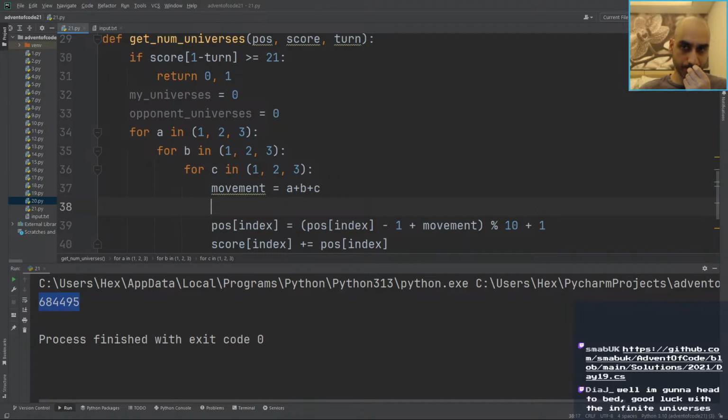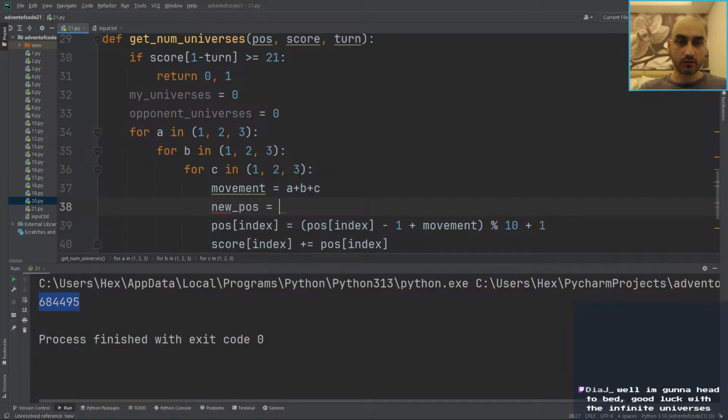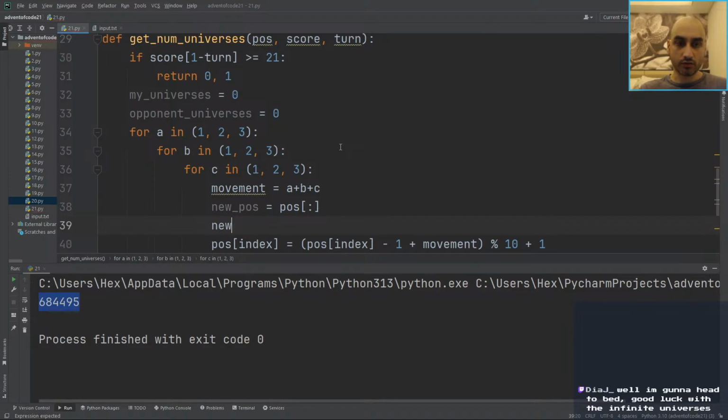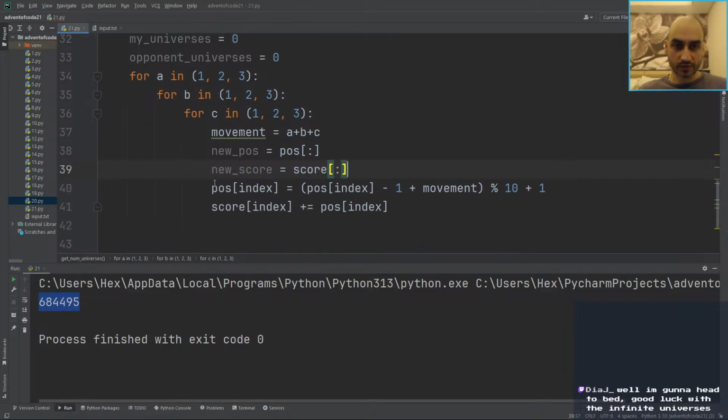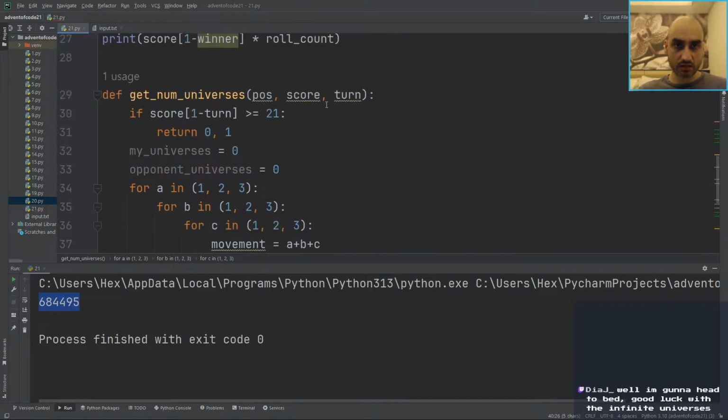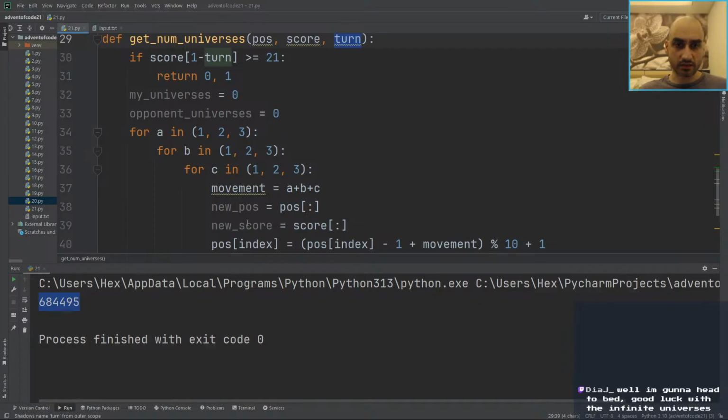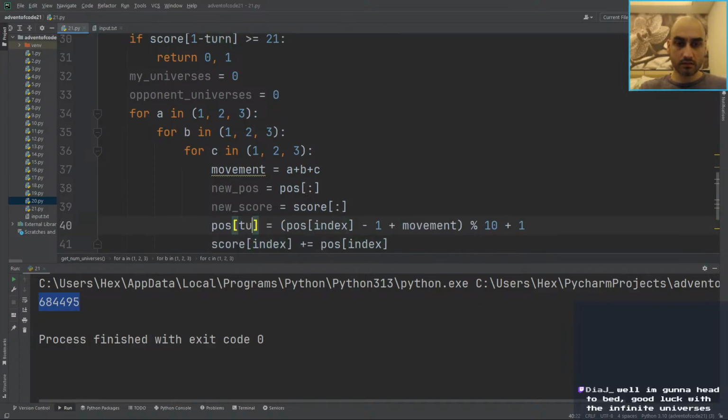See you next time. New pause equals just a copy of pause. New score equals a copy of score. And we'll say pause index turn equals